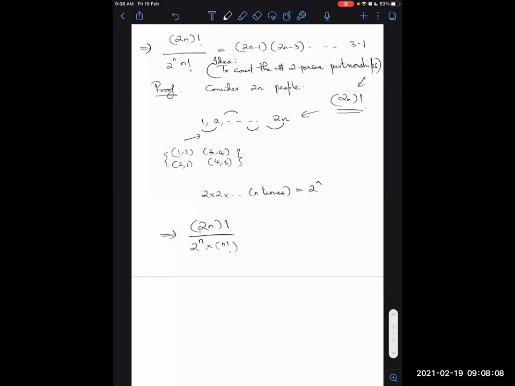And why does this n factorial come? So after you arrange these pairs, you have this format. And now these are n pairs. And in the 2n factorial permutations that we are counting, the permutations of these n pairs are also counted. Since we only need to count the number of partnerships, we don't need to consider the permutations of these n pairs. And so we have to divide by n factorial. So is the idea for the proof of LHS clear? So that's how you get the LHS.